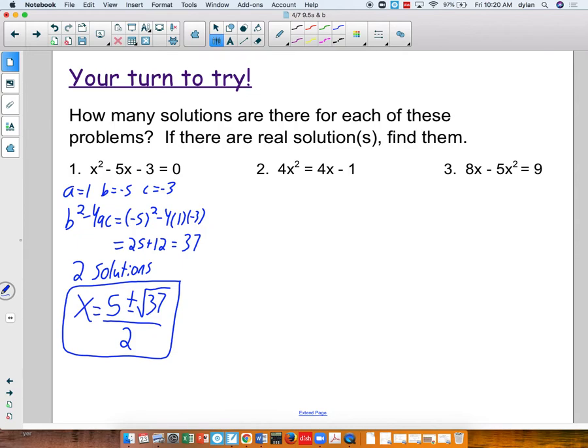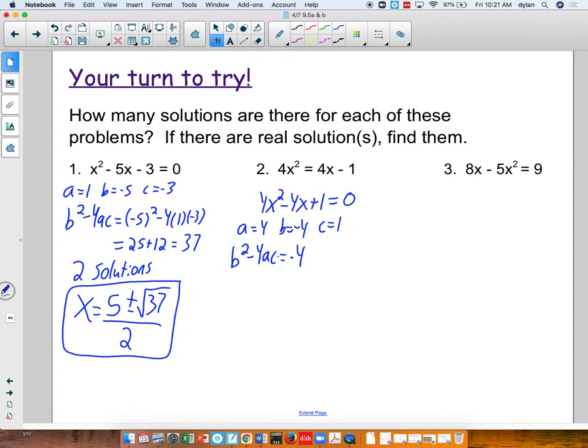All right, so for number 2, first thing is we have to get everything on the left side. So we would have 4x squared minus 4x plus 1 equals 0. So we know a equals 4, b equals negative 4, and c equals 1. So for our discriminant, b squared minus 4ac, we're going to have